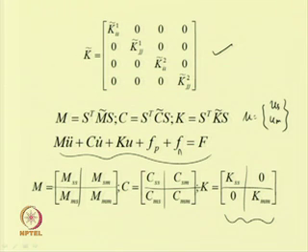The mass matrix M S S and K S S will be diagonal because they are represented in the natural modes. So M S S and K S S are diagonal, as they represent the natural modes. In this way, one can first reduce the equation of motion to the required degrees of freedom instead of using very high degrees of freedom.